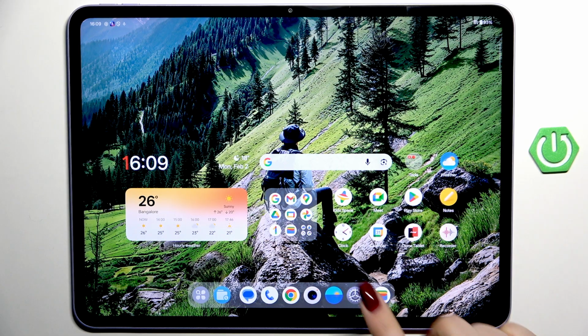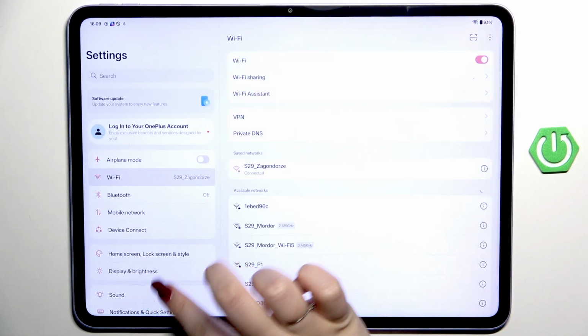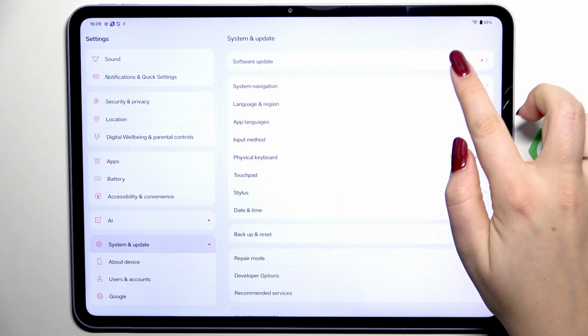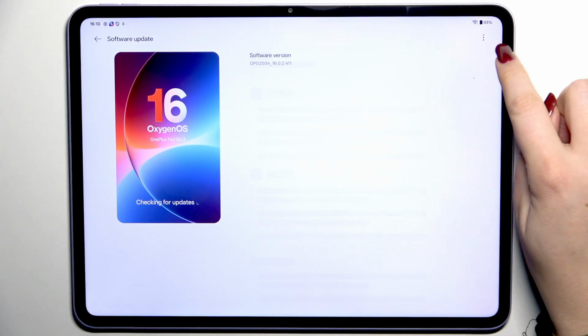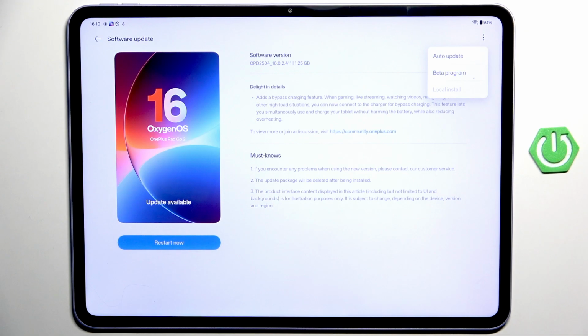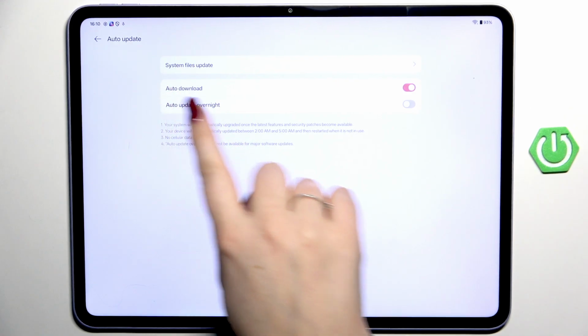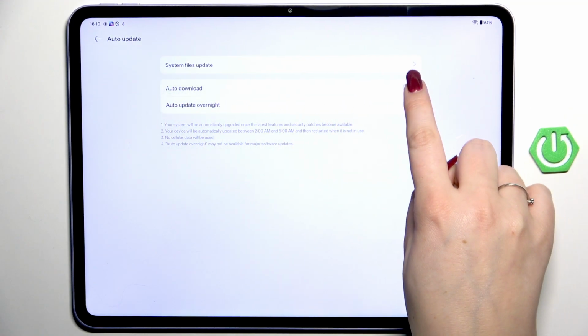So let's start with opening the settings, and here we have to scroll all the way down to find System and Update. Then let's tap on Software Update and tap on the three dots icon in the right upper corner. Now let's tap on Auto Update, and here make sure that this option is marked, that the switcher is turned